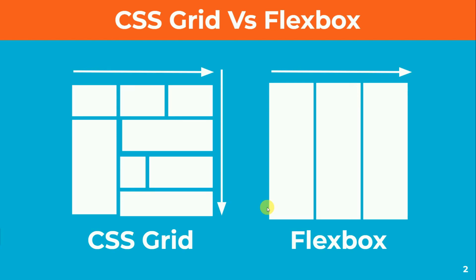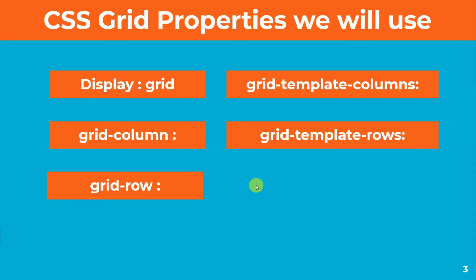You can play with the rows as well as the columns based on your requirement, but compared to the Flexbox, you have to just play with the columns or a row at a given point of time. So you are not allowed to work on both rows and columns in a Flexbox, but here in CSS grid we can play with both the axes, I mean the columns and rows, at the same time. So let's start with the CSS grid.